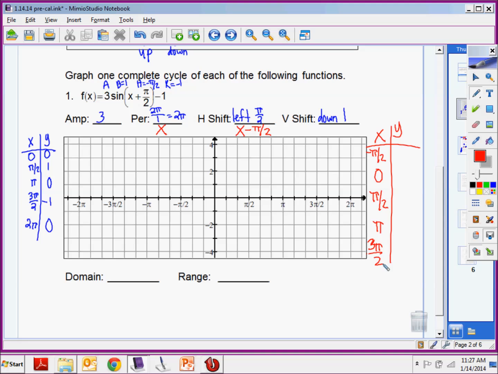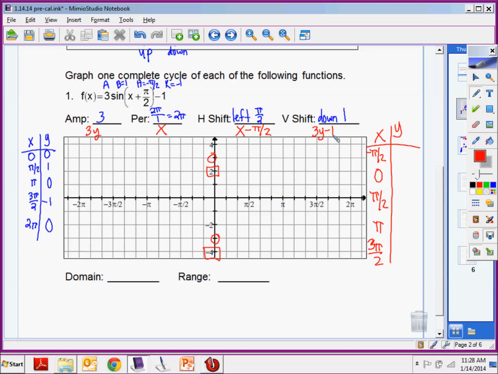Now I'm on to my y values. With my y values, instead of my function being at 1 and -1, it's going to expand to 3 and -3. And after I expand, I'm going to shift down 1. So my final location will be at 2 and -4, right? So to my y values, I'm going to do 3 times y, and then subtract 1. So to every y value, I'm going to do 3 times y and then subtract 1. So what's 3 times